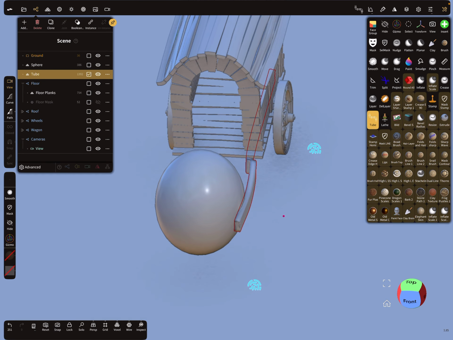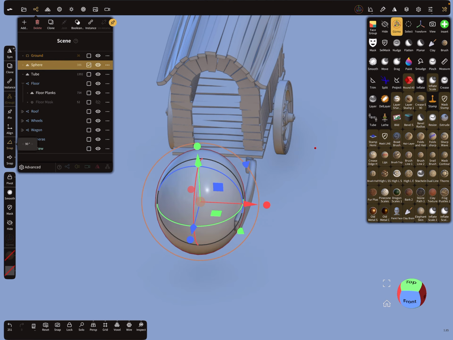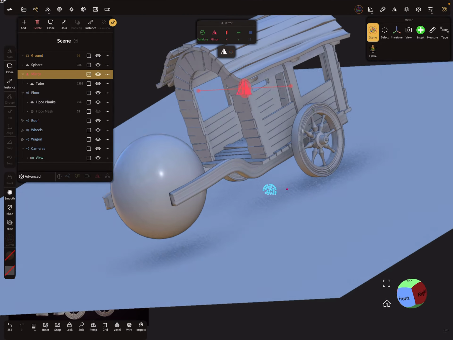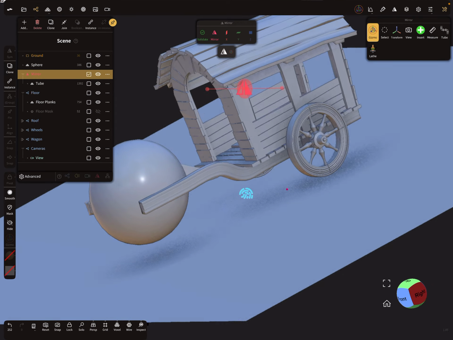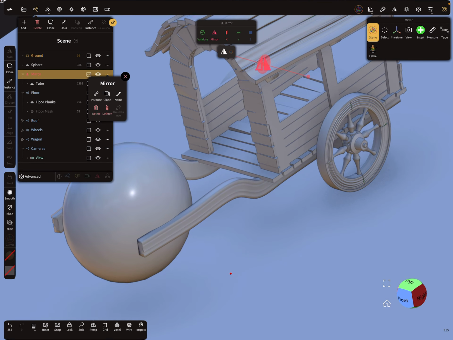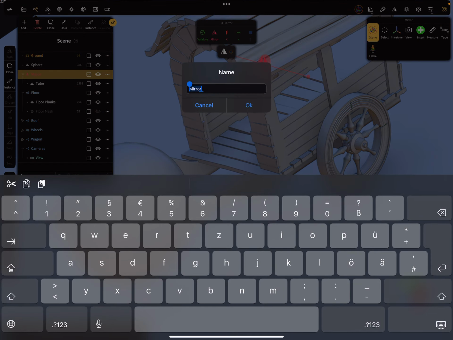And I pin the pivot, activate the tube, and I add a mirror. So, what's the name for it? I don't know. I rename it as wood.